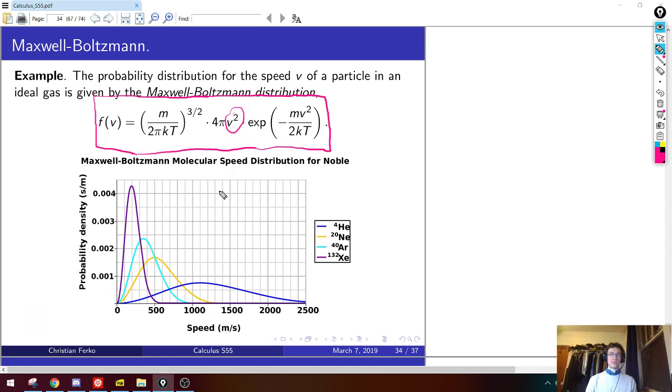Here I'm showing some plots of it just to try to argue for what it looks like. But basically, since the v squared, it forces it to go to 0 at 0, right? Because v equals 0 here. And then the exponential wants to kill this off and drive it to 0, but the v squared is getting big for a while. So there's a while where the v squared wins and it gets bigger, then it hits a peak, and then the exponential wins and it just dies off. So all of these have a peak and then a long tail.